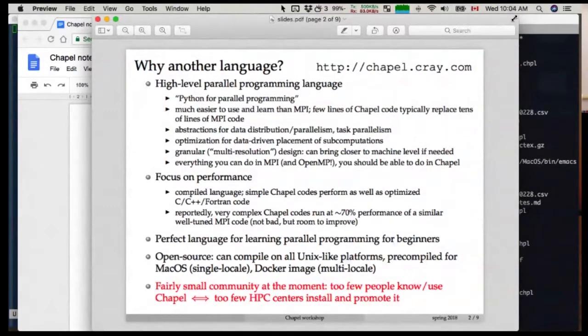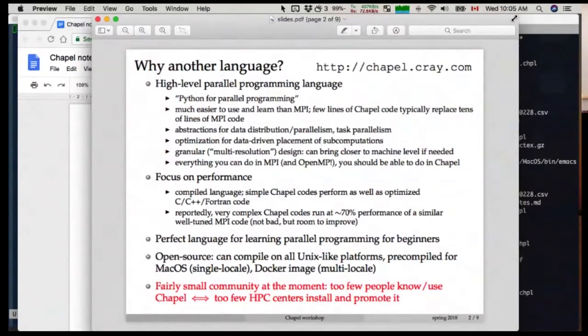And also I should mention that Chpl is designed around what they call a multi-resolution philosophy. So it's very easy to start doing parallel programming in Chpl. Typically a few lines of Chpl code that have parallelism replace tons of lines of MPI code, message passing interface code. Message passing interface, for those of you who don't know, has been an industry standard for parallel programming on distributed memory architectures for about 20 years, and the idea in MPI is to pass messages. In Chpl, you don't pass messages explicitly. Instead, you work with these paradigms of data parallelism and task parallelism, and it's really easy to write fairly complex